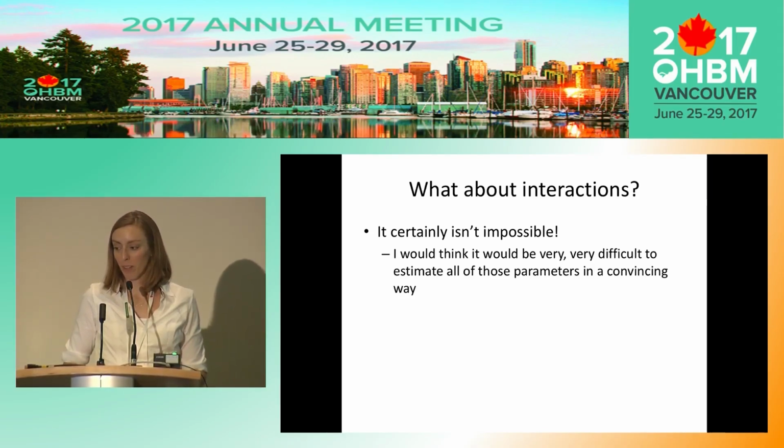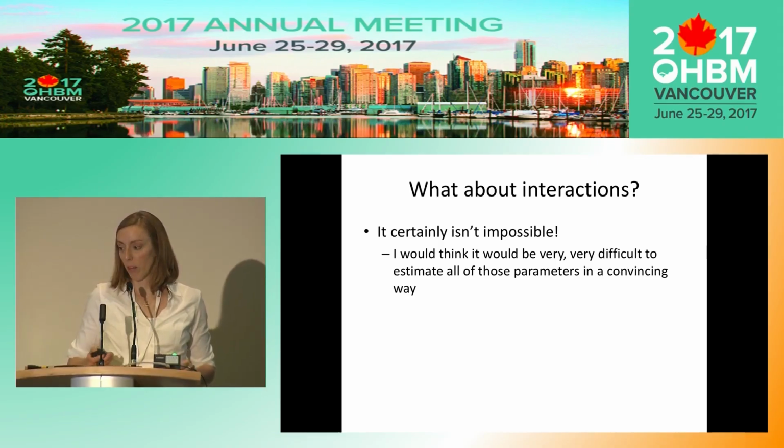But what else did I want to say? I just wanted to point out if a correlation of 0.3 is about what you would hope to see, then the correlation differences are probably going to be really small, especially compared to that 0.3. So interaction effects are hard to power.